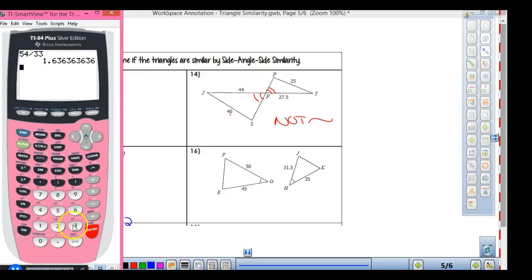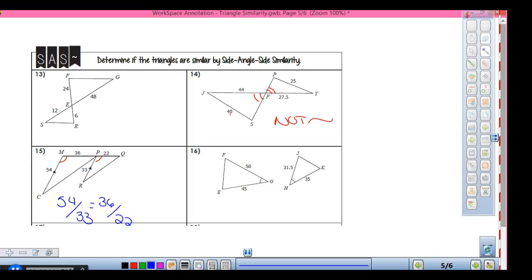What was my other one? 36 divided by 22. Are they the same? Good. So, if they're the same, I'm going to say SAS similarity, triangle CMP is similar to triangle